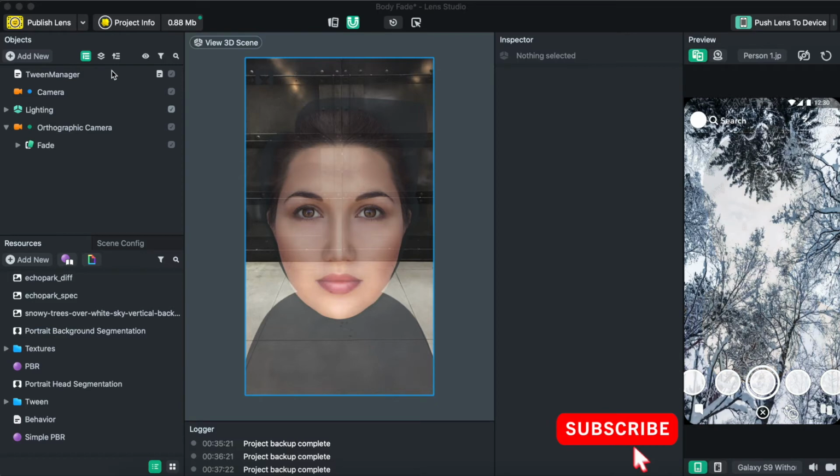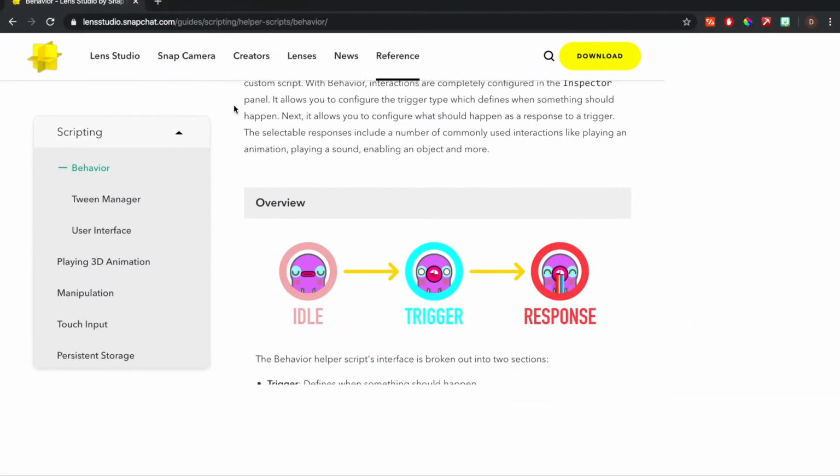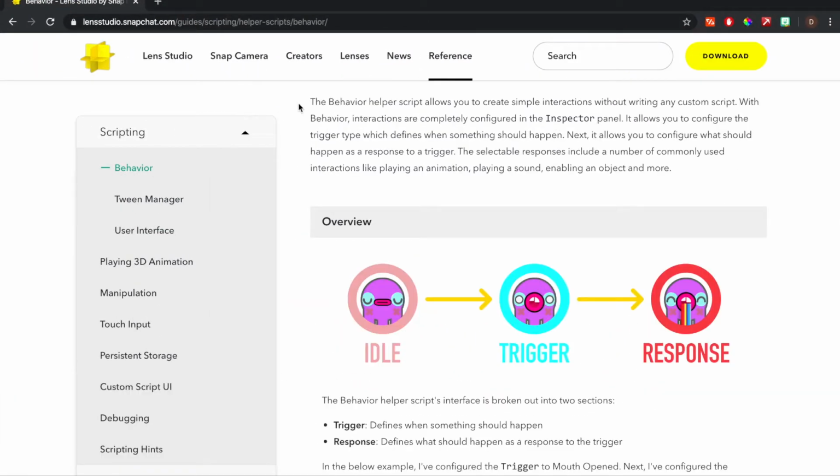In this part 2 tutorial on tweening, we're going to learn how to use behavior script to enable the fading away effect. Before I explain further on behavior script, I just want to go to Google and show you what exactly behavior script really means. Okay, so if you go to behavior script on Lens Studio,